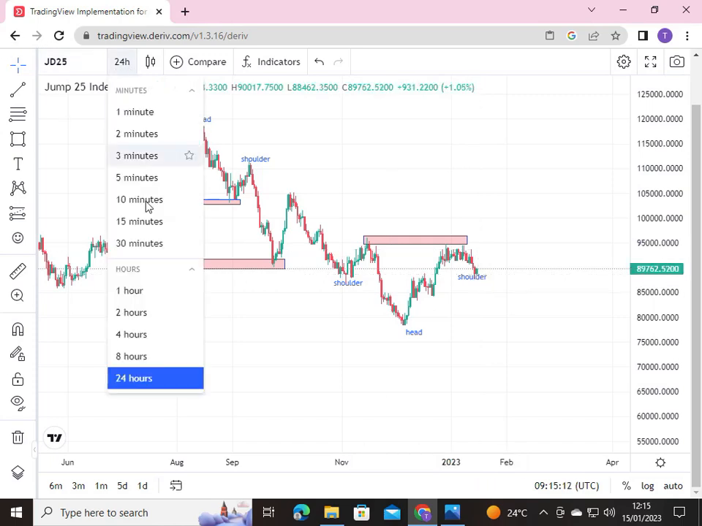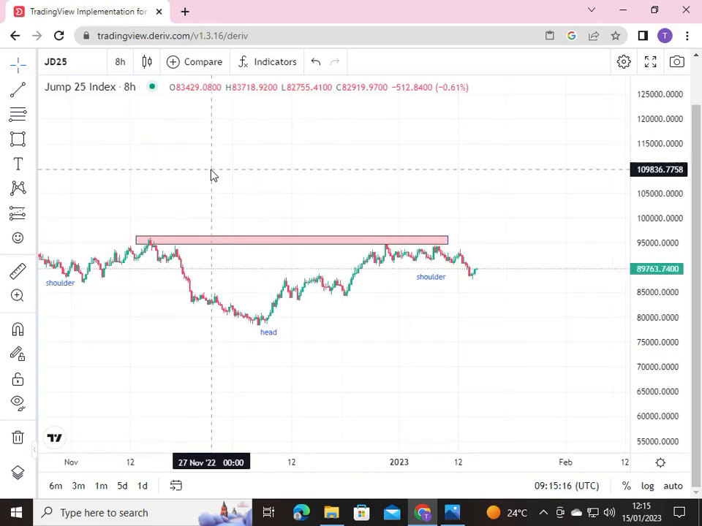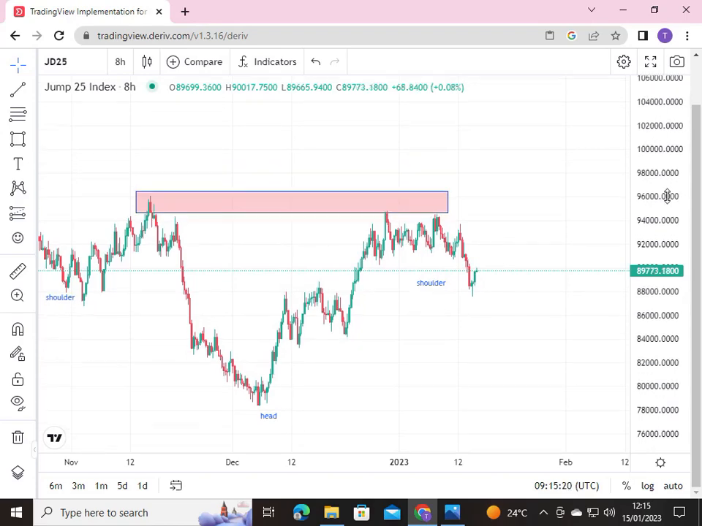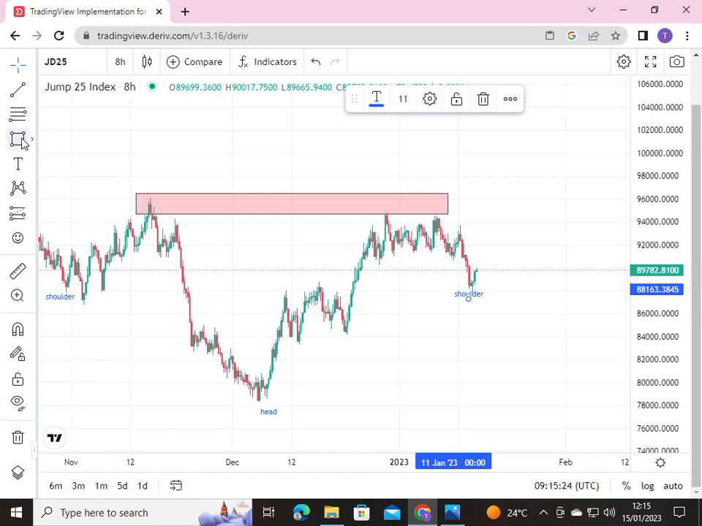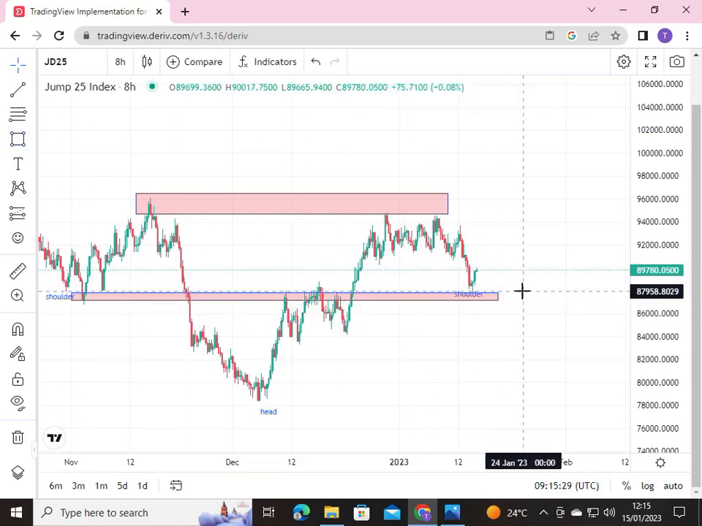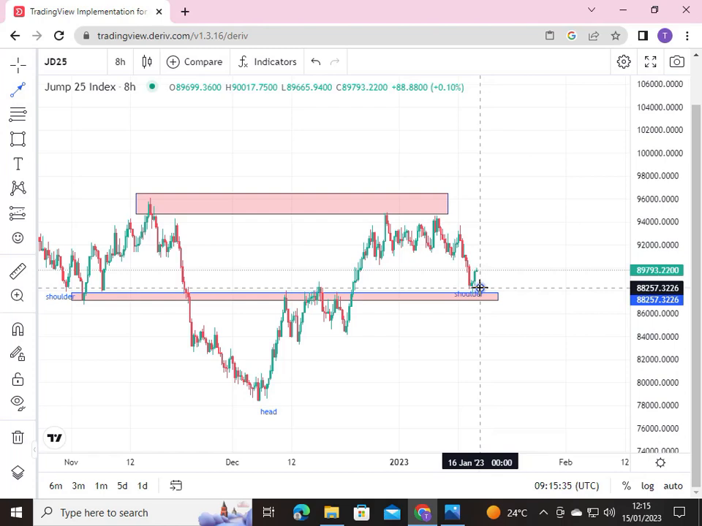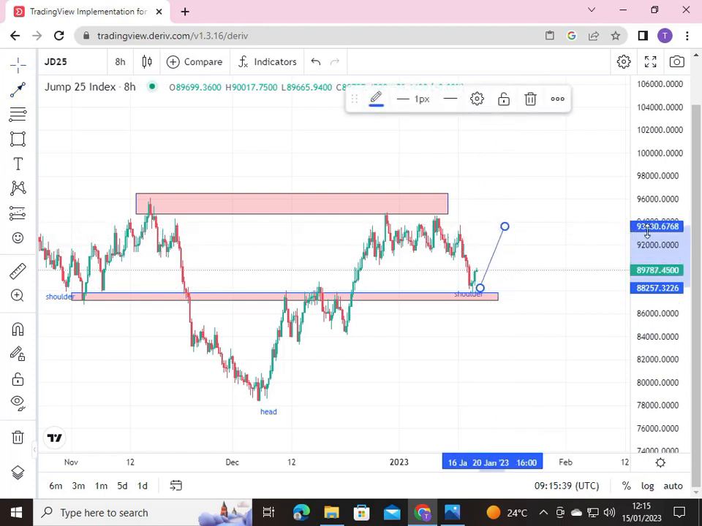So let's continue and go to a lower time frame, that is 8. You can see the head and shoulders is more clear at this particular time frame. If you could have sold from here upward,